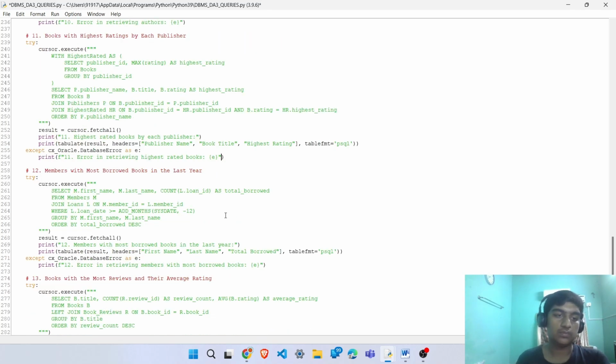Then we move on to the 12th query, where we find the members with the most borrowed books in the last year. Here we will use the aggregate functions to count the maximum. So we'll return the first name, last name, and count of their loan ID from their loans as total borrowed from members, where we join loans and members based on their member ID, where loan date is greater than minus 12, in the sense that it checks